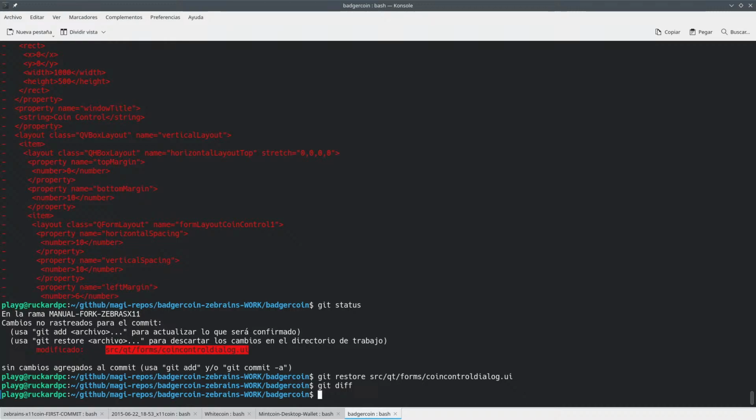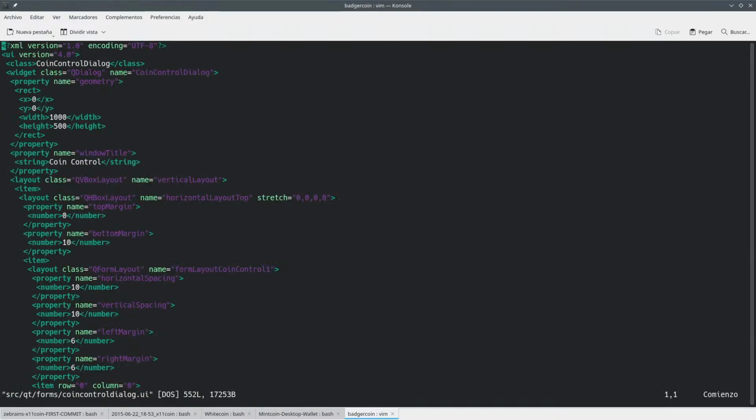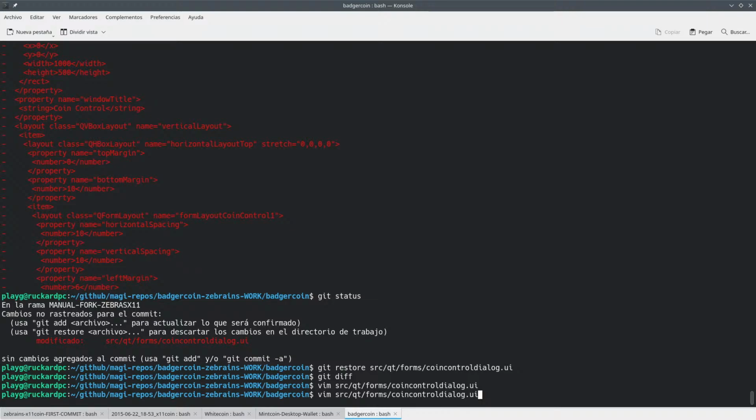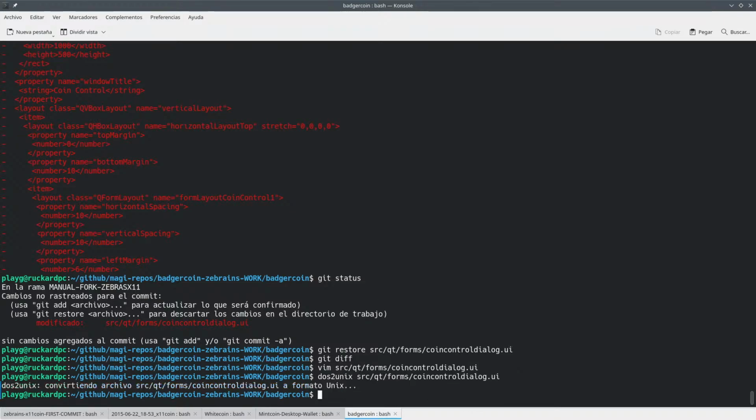And so now you can do DOS to Unix. So if you edit this, which is the old one, is DOS. So you want to do DOS to Unix, and DOS to Unix, remove. Yeah, so this is DOS to Unix,